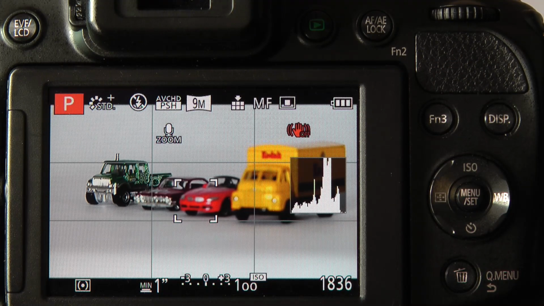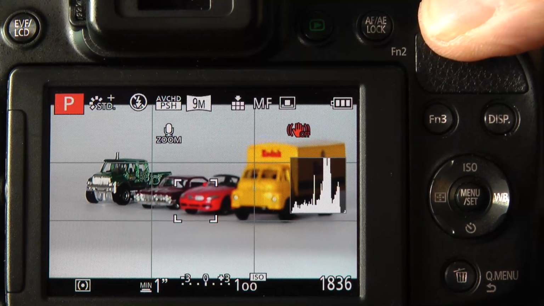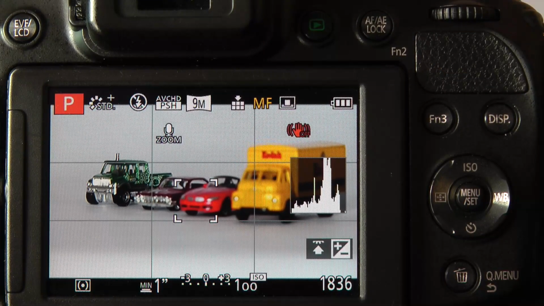Unlike the autofocus single area, you can't change the size of the image. You can only change the position at which you're going to focus. So I'm going to try and do this fairly quickly. I'm going to enable the manual focus mode by rotating the dial to the right and then immediately press menu set to get control of that.